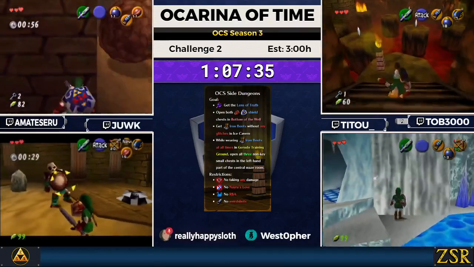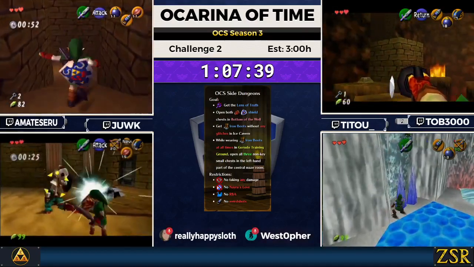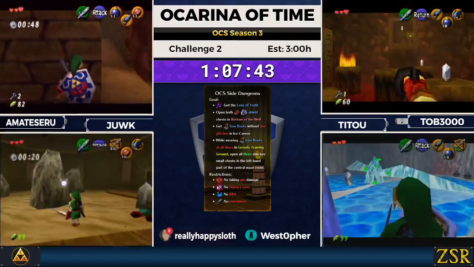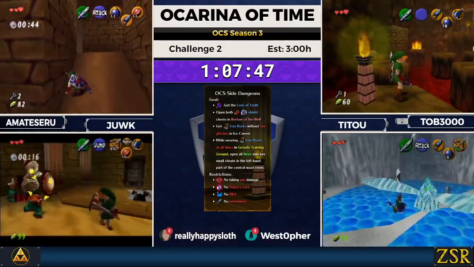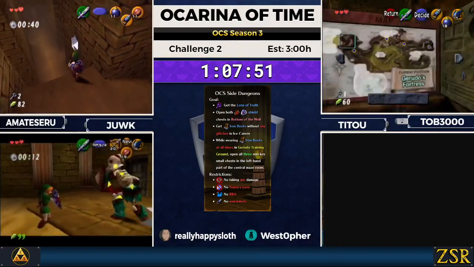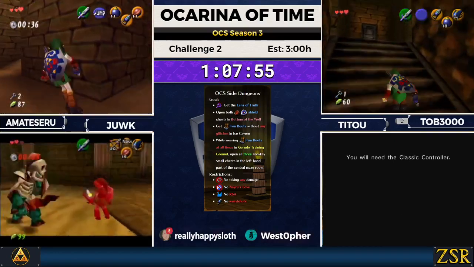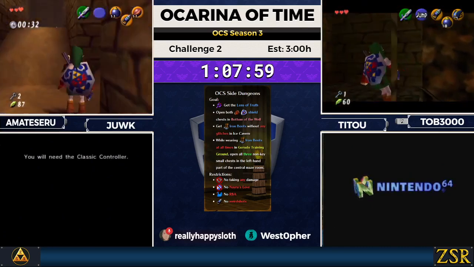Oh, where's he going? Is he gonna do it? Oh boy, this is not the side we expected to see in this race. There was talk about this being possible. Oof, Duke having trouble with the Stalfos. Oh, rip. You can get the key with the boomerang? Yeah, that's